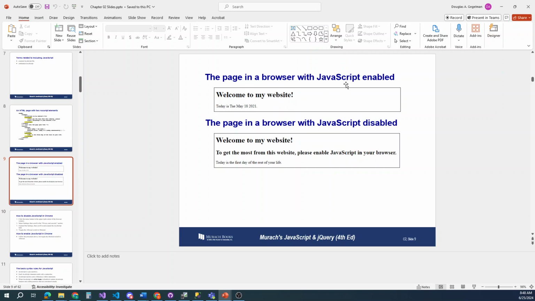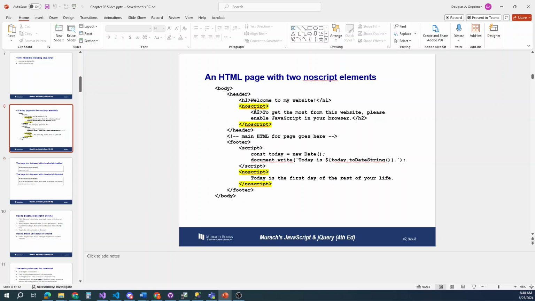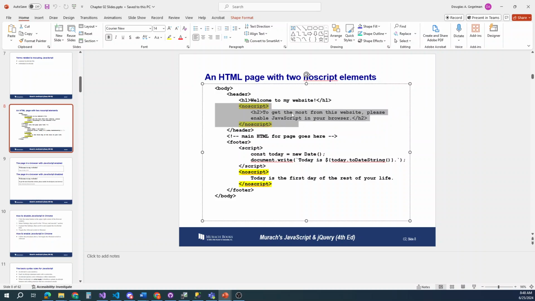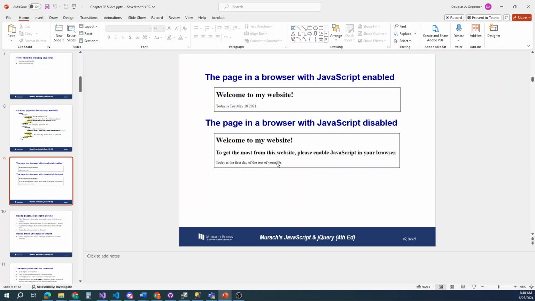The page in a browser with JavaScript enabled, you can see how it had the date. Here it is with it disabled, and you can see the notice here: to get the most from your website, please enable JavaScript in your browser. That's exactly what they're telling it here with an H2 tag saying, hey, to get the most out of this, turn JavaScript back on. And then since they do not allow that JavaScript script to run in the example, they